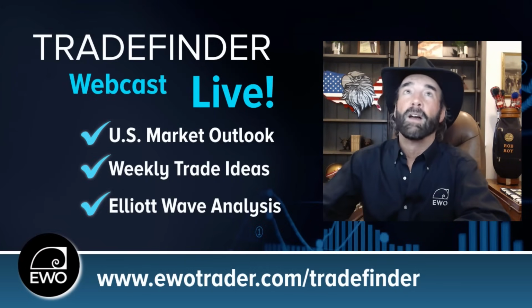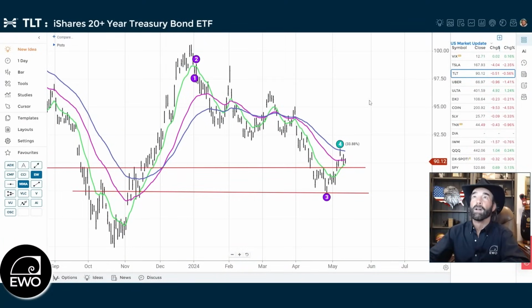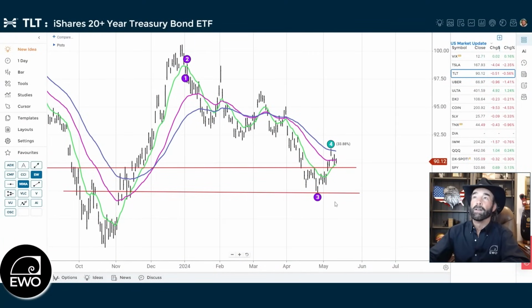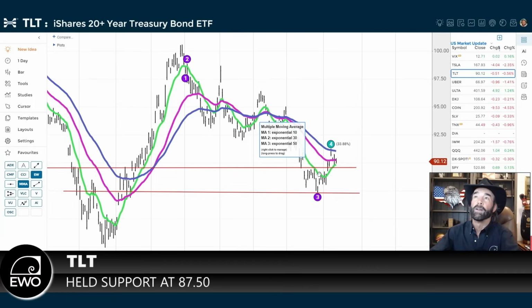Eastern Time. All right, so that gets asked about a lot, both here in these updates as well as TradeFinder. And notice on TLT, last time we looked at it, we had this support here at 87.5. That did hold as the wave 3 low, but notice that we have not crossed above the 30-day moving average with the 10 yet. We did get above 90 there, so we got above this little small channel here,